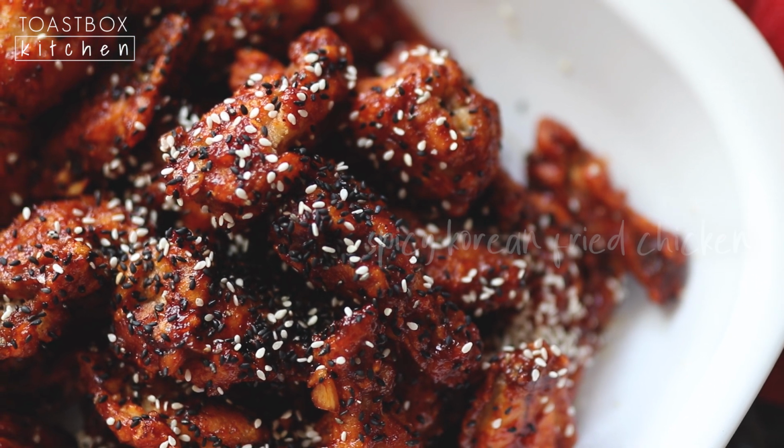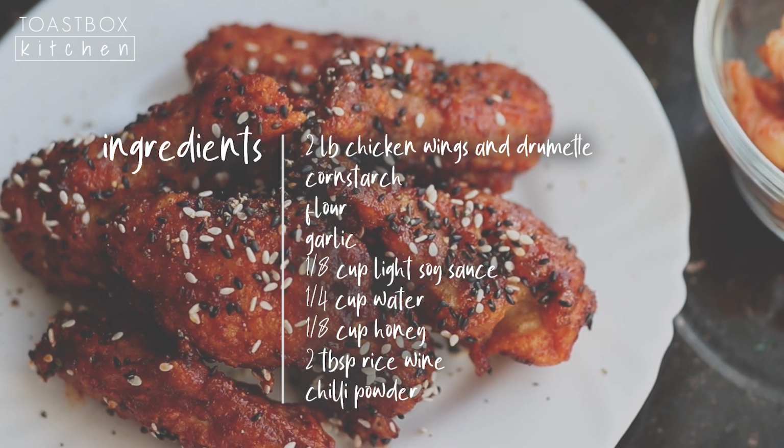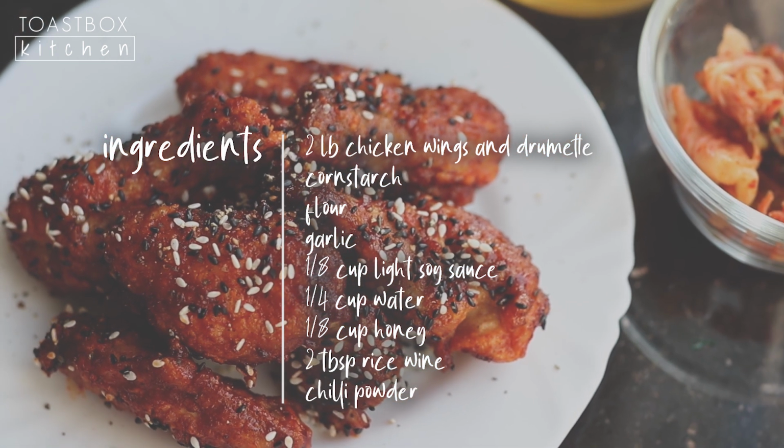Today we'll be making one of my all-time favorite cravings, spicy Korean fried chicken. Since quarantine, this has been a mad craving of mine and I haven't been able to get my weekly dose of fried chicken and beer. This is a simple recipe I've created, so for those of you who are on the same boat, let's get